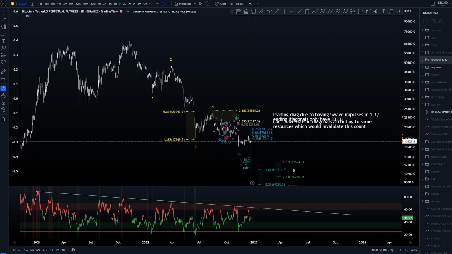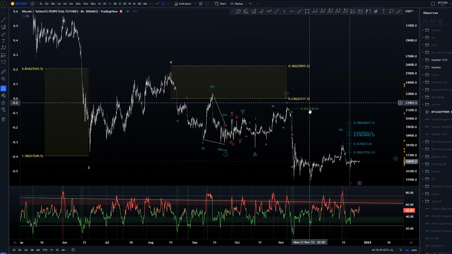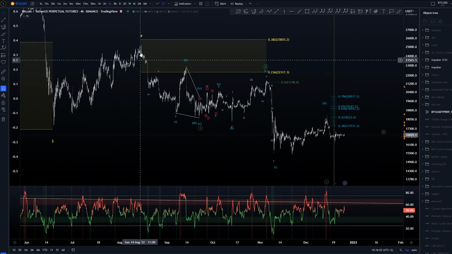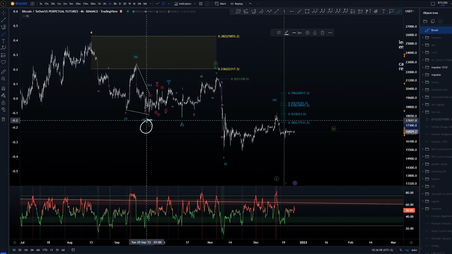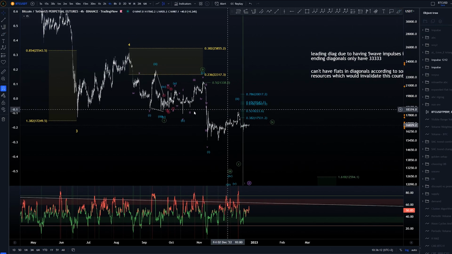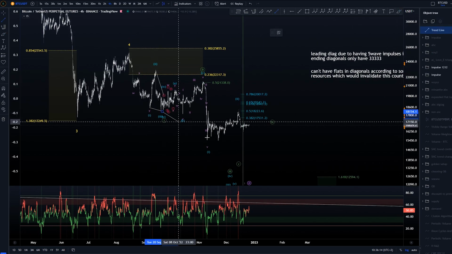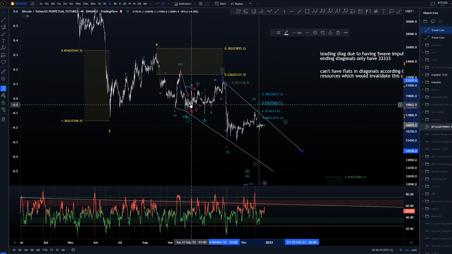We had a couple of different ideas here for the smaller time frame. Let's go to 4 hours so we can see the structures again. So this was the high around August for the wave 4, and then we would have a 1, 2, 3, 4, 5 into wave 1, ABC into wave 2. Again, I don't think this is a diagonal, as I don't allow diagonals to have flats inside, and this is